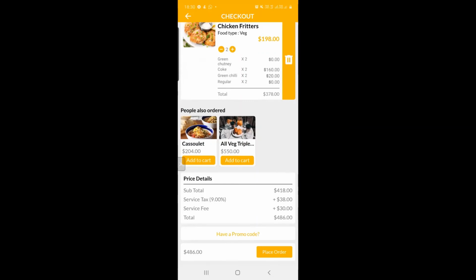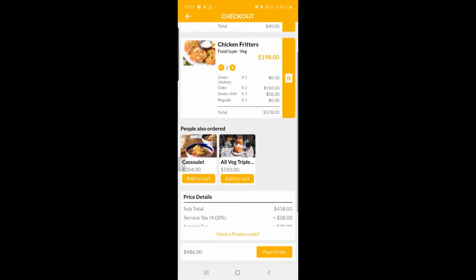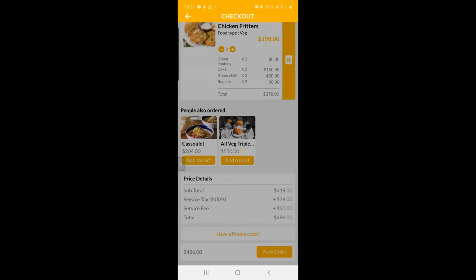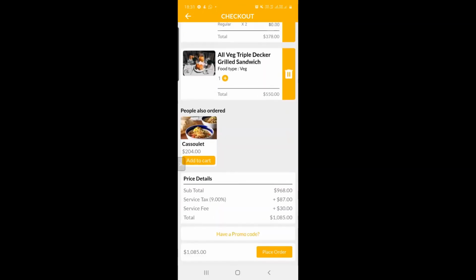On top of that, if there is a service tax or service fee involved, it will add up and give the total of the order item. As a customer, I can also view the items which the restaurant is offering as recommended items. So I can directly add them to the cart as a recommended item, and the total will change after